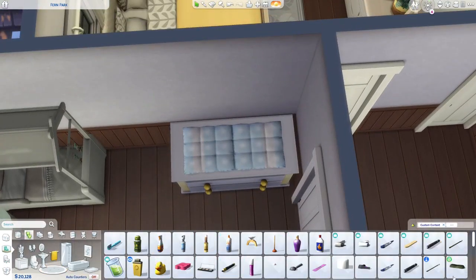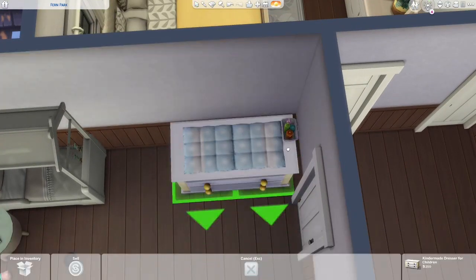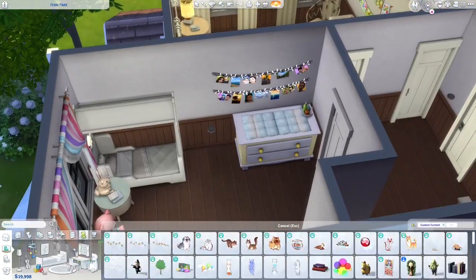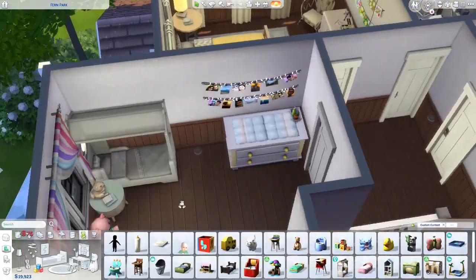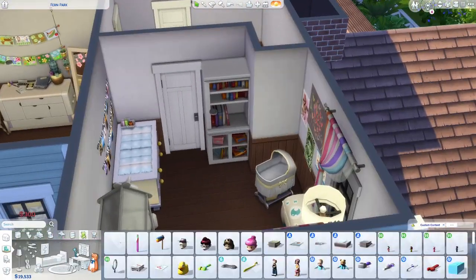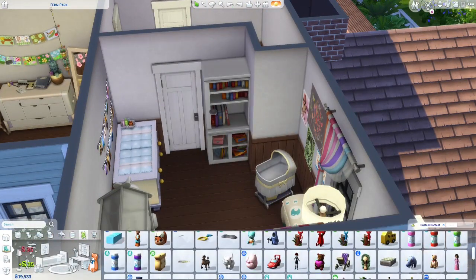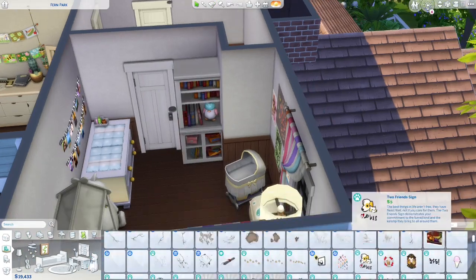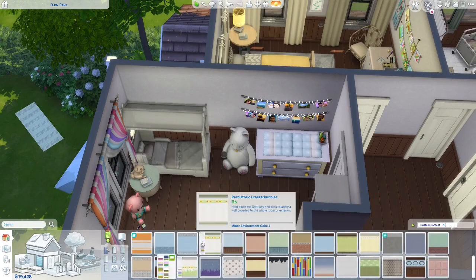So I changed it. I think you just saw me change it. And then we are decorating the toddler's bedroom slash baby room. What's it called? Nursery. I just forgot the name. And this is actually pretty yellow as well. So there's two yellow rooms upstairs, I guess. And then the not spa room, but the meditation room, I guess, upstairs, the extra